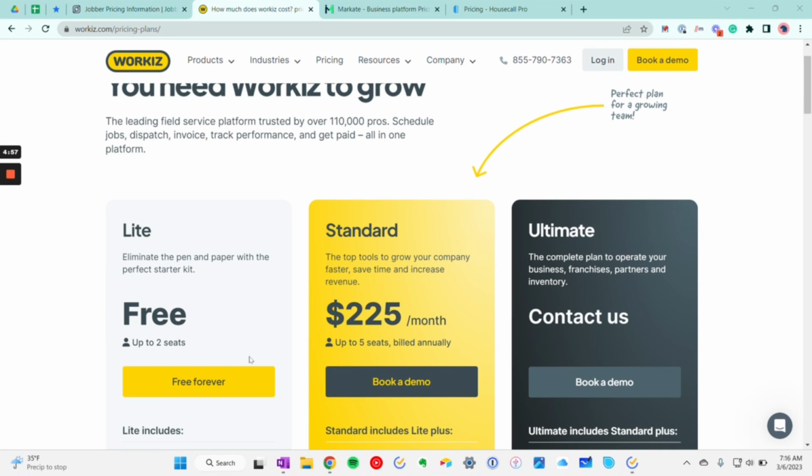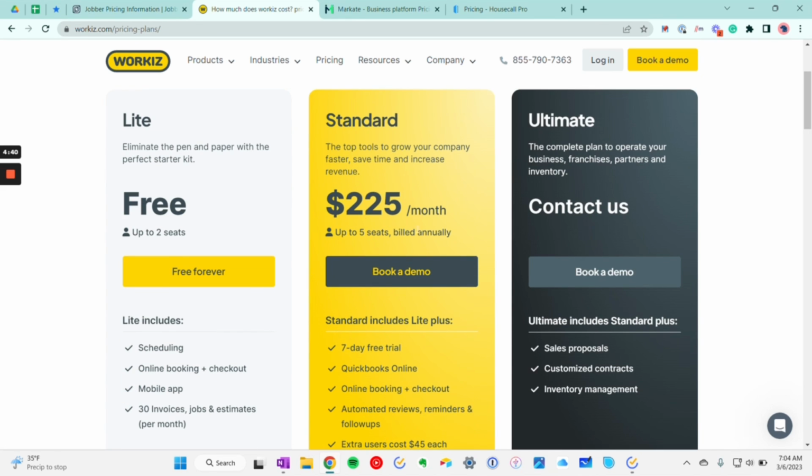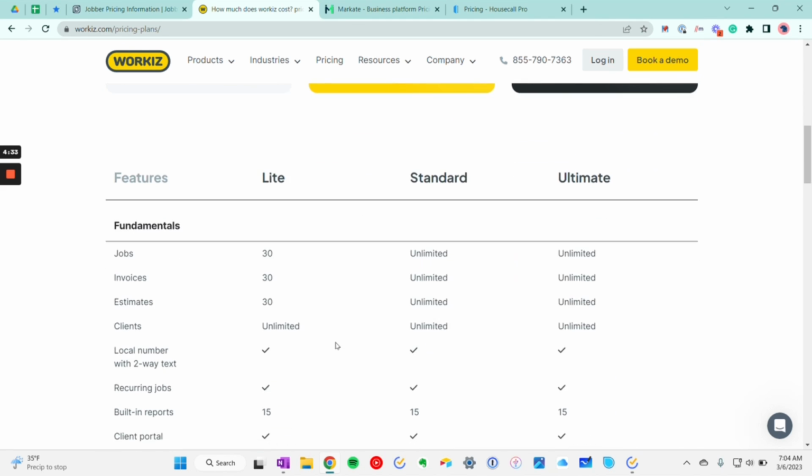Workiz is the only piece of software out of the 4 that offers a free plan. So if you want to just jump in for free and kind of figure out what features work best for you, Workiz might be that option. But then it jumps up pretty heftily to $225, and I think that's pretty steep. But if we look at the free version,